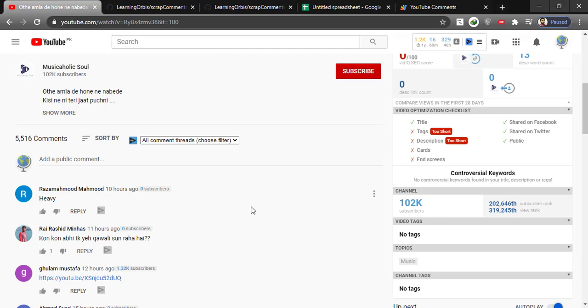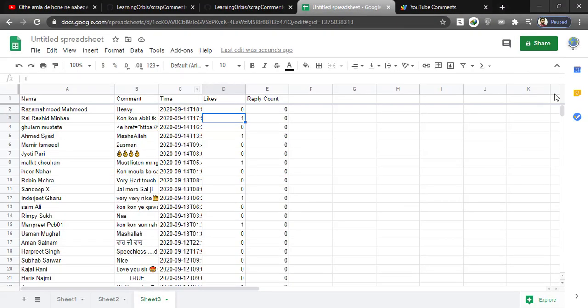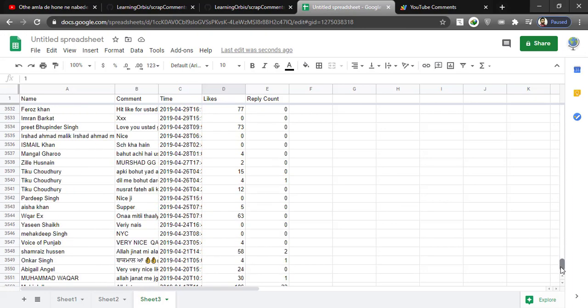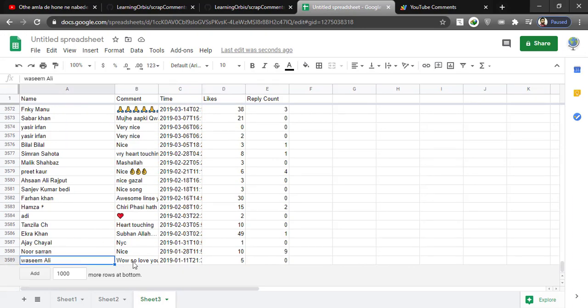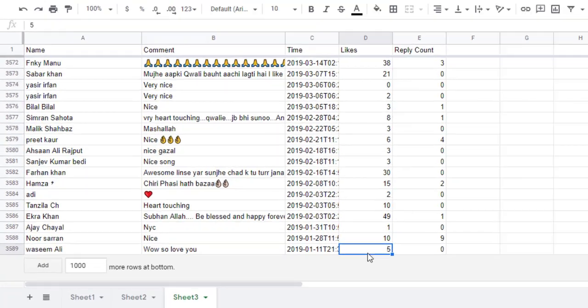To see if it has correctly scraped all comments, we need to load the page till the last comment and that can be very time consuming. But I did that earlier and saved the screenshot of the oldest comments on this video, which you can see here. The oldest comment is by Wasim Ali 1 year ago with 5 likes. So if we check the last entry of the sheet, you can see it is Wasim Ali with the correct comment and 5 likes. Let's see the total number of comments and this is row number